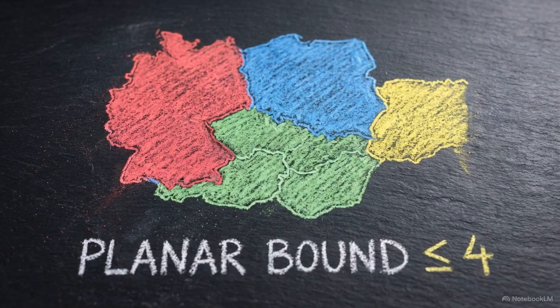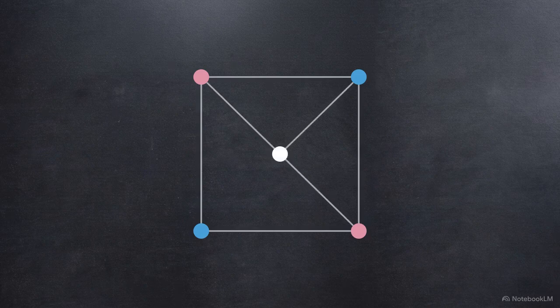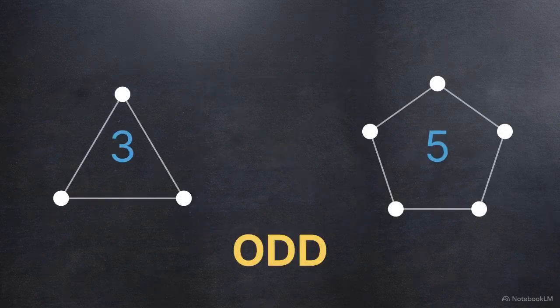We rely on theoretical bounds to calculate this number, starting with planar graphs. A planar graph is one where the edges can be drawn so they never cross. The four-color theorem guarantees that any planar graph will always have a chromatic number of 4 or less. But physical systems often yield non-planar graphs, forcing us to use the two-colorable graph theorem. This theorem states that a graph is two-colorable if and only if it contains no circuits with an odd number